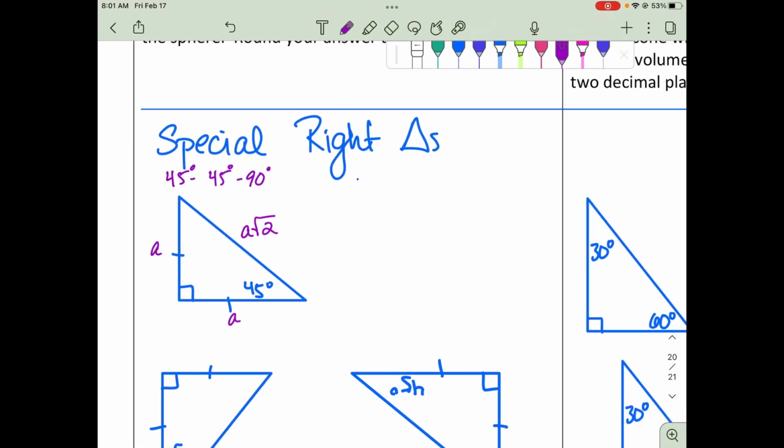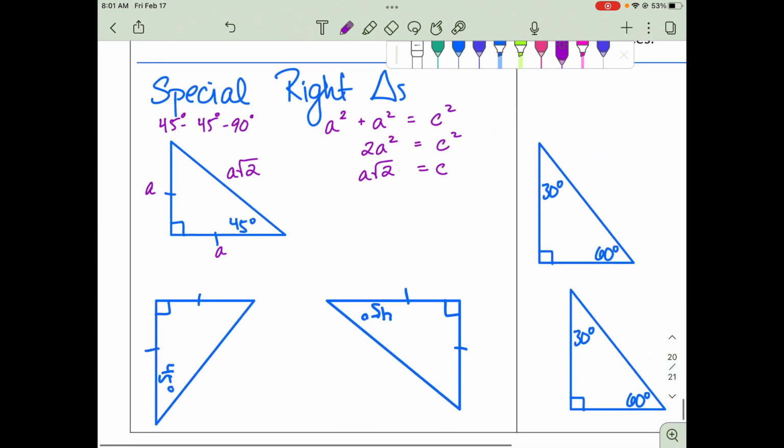So for example, if we had an isosceles triangle and we did a squared plus a squared equals c squared, I would get 2a squared equals c squared. And then if I square root both sides, I would get a root 2 equals c, which is where this a root 2 is coming from. Okay, so this just means that we don't have to use the Pythagorean theorem, and you get to use the